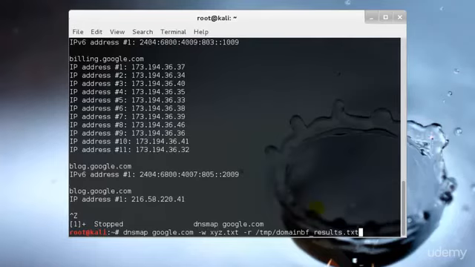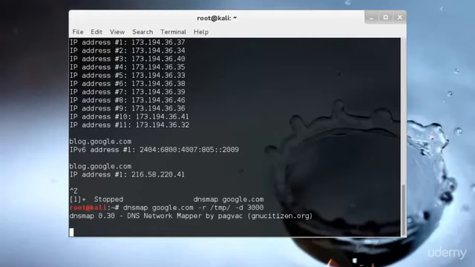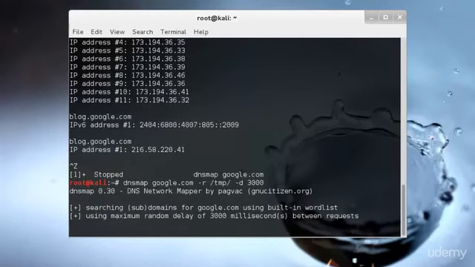And if you already have one, then you don't need to specify the -w or the word list. You can just simply type dnsmap google.com -r /tmp/ and 3000, which would be the milliseconds that it would be using, and you can just go ahead and hit enter, and it will straight away use the default file and save all of these